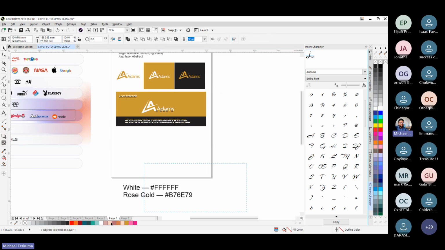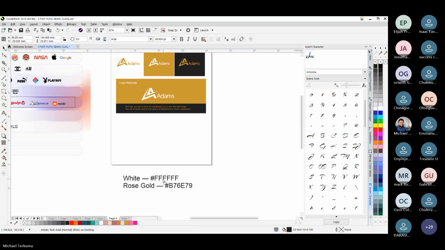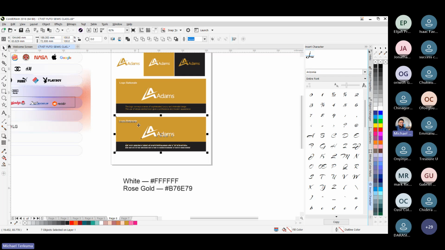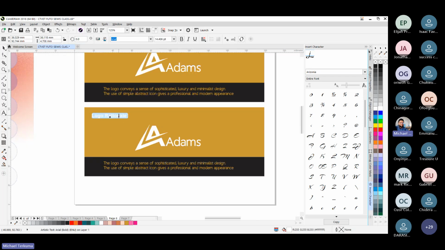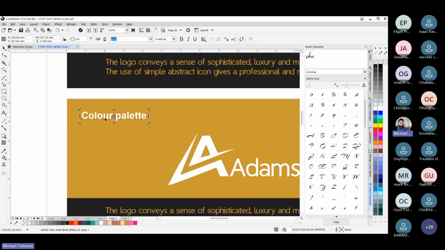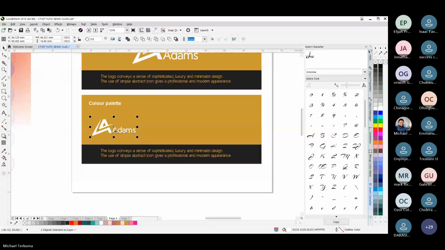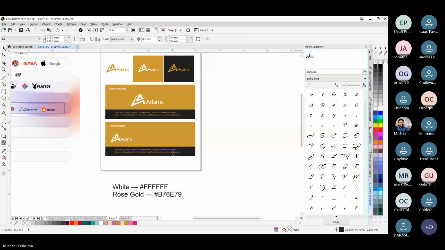Then the next thing you give them is your color pairing. So you can have something like this. This can also go on its own different page, but for the sake of this class, I want us to see what we're doing all on one page. So have a color palette. Shift it this way. Our colors were